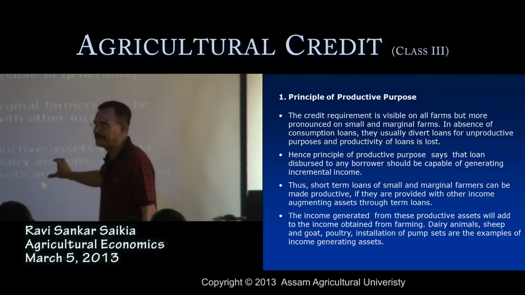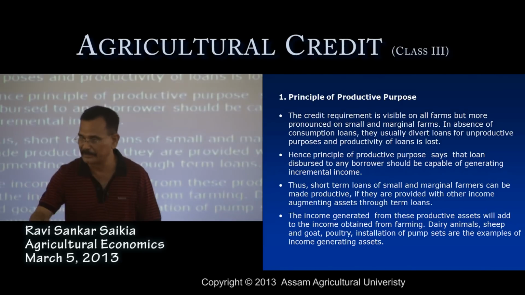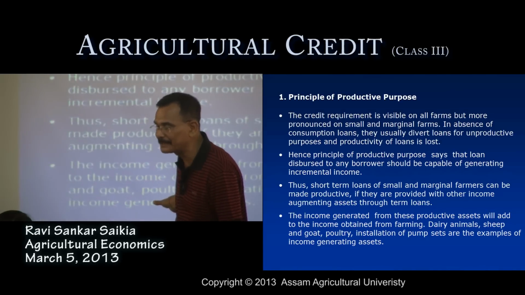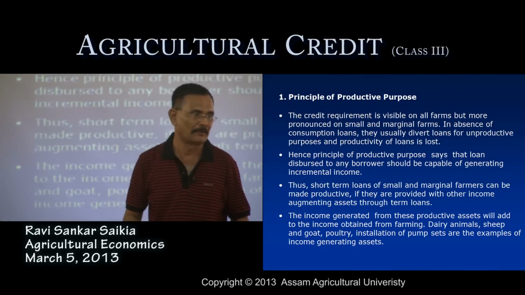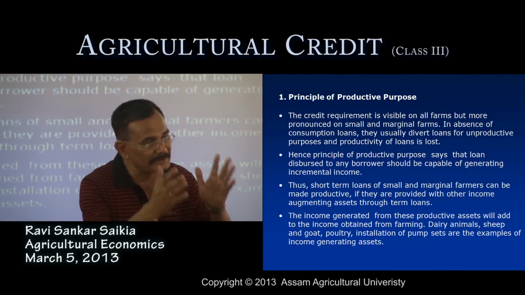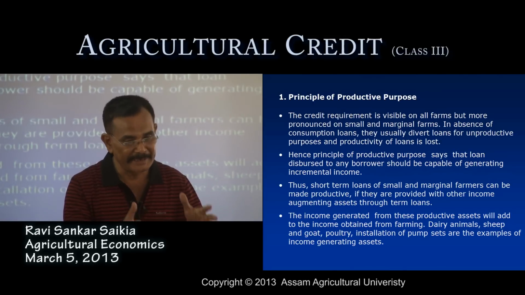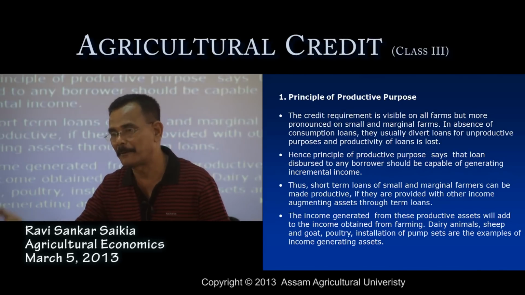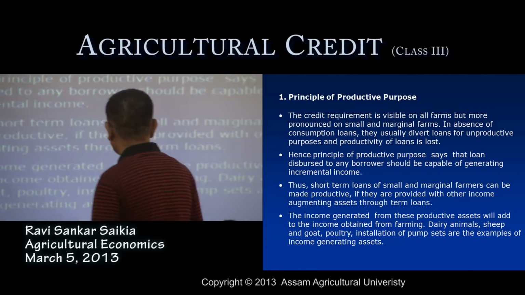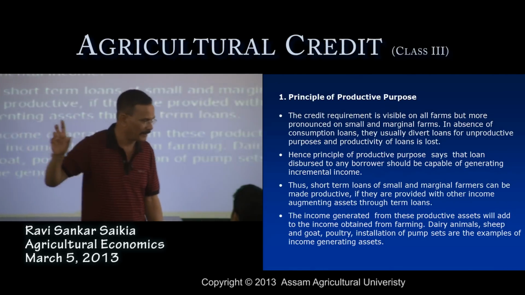And these are some things that are to be identified by the banking organization as income generating assets. Along with the actual loan given to the farmers, they generally try to give some type of term loans for this type of income generating assets, which the farmers may go for to increase their income, supplementing their main income, and which may lead to increasing their own savings, so that he may go for better investment in future enterprises. Okay, this comes under the principle of productive purposes generally followed by banking organizations nowadays.